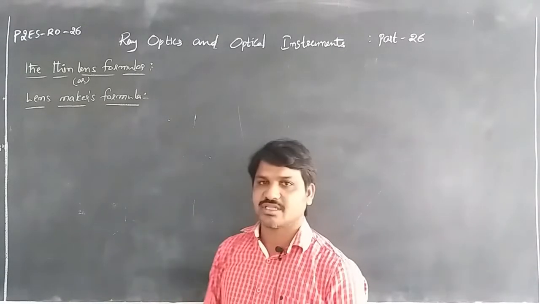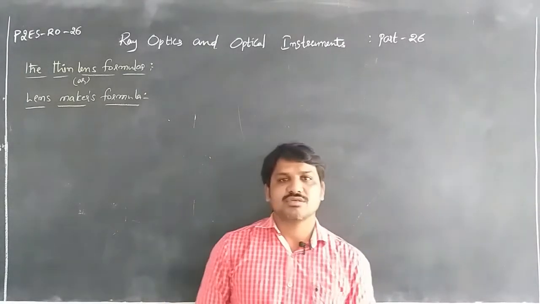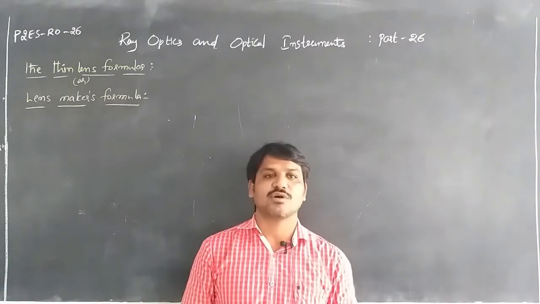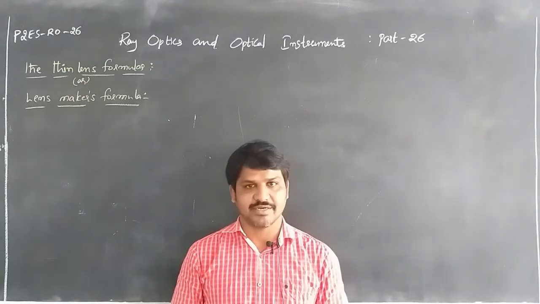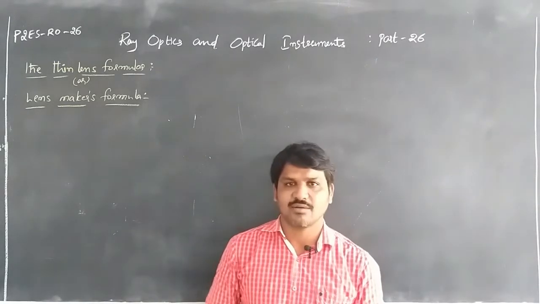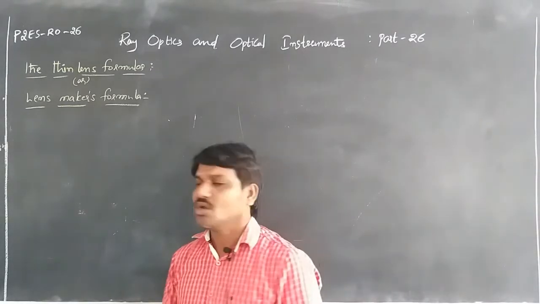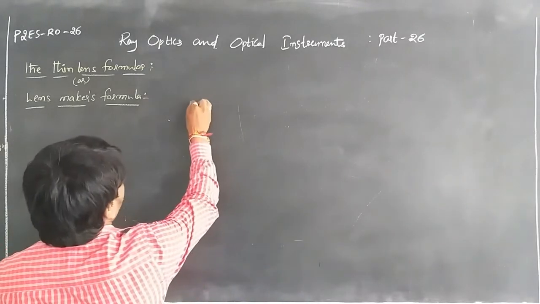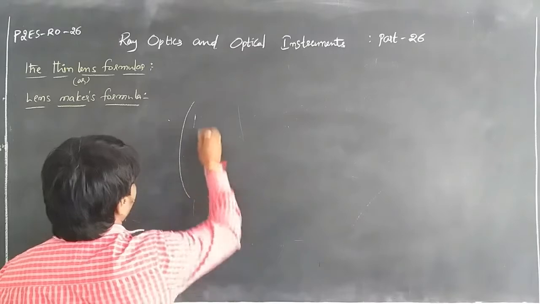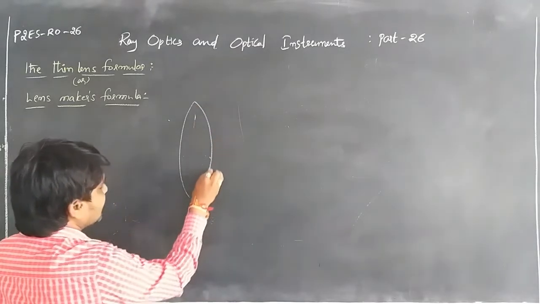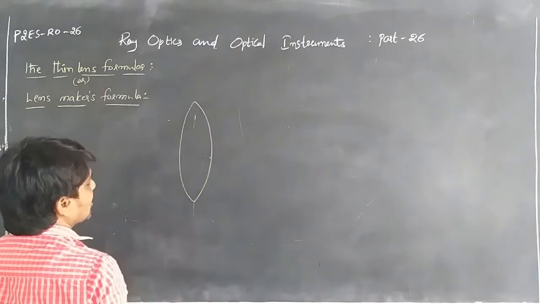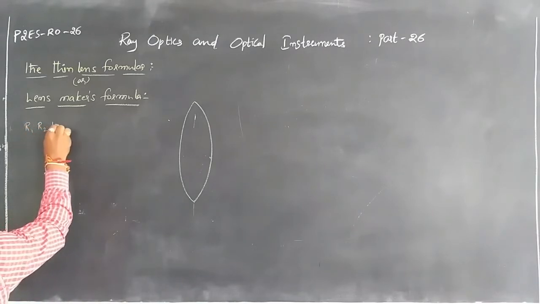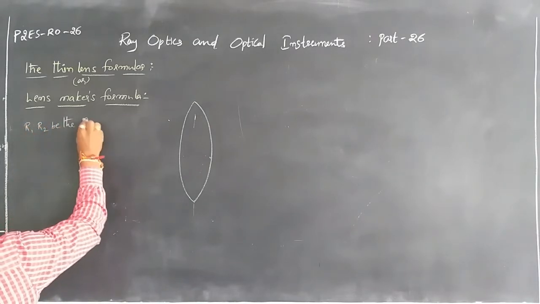We already studied that. Now we are going to discuss the lens maker's formula, on the basis of which lenses of different focal lengths are made. By using this formula we are going to discuss. Now to know this, I am going to take two equiconvex surfaces of equal radii, R1 and R2. Let R1 and R2 be the radii